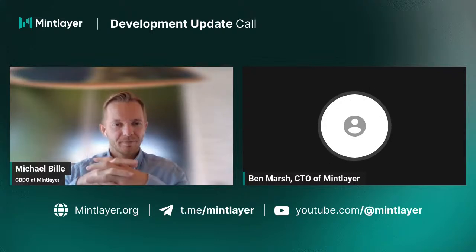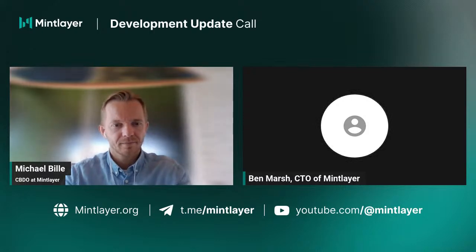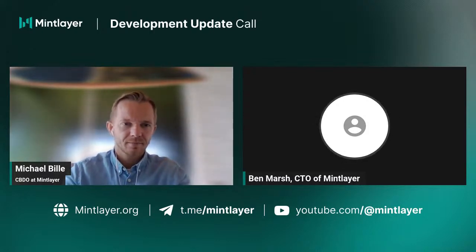But realistically, there's been a few cleanups in the code base in the mobile wallet. There's an open pull request at the moment for the entropy generation stuff. So yeah, that's again, it's sort of there at this point. I think we still need to finish the UX testing on it, so it's fine from a technical perspective, but